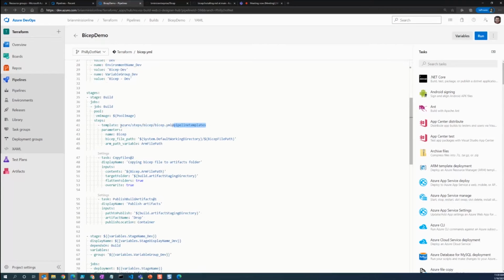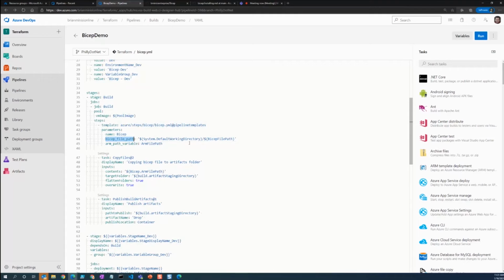And we're telling it a path that we want to go to. This is our bicep.yaml file that was written within that other repo. Some things we need to pass in are a name and the path to our Bicep file.